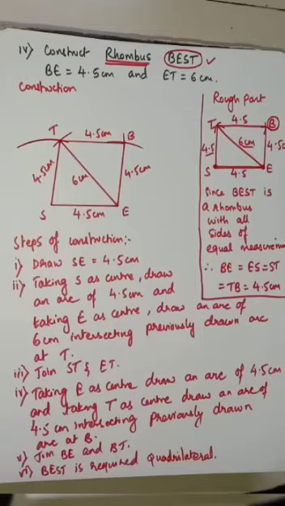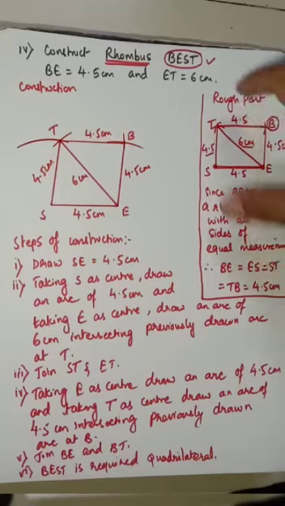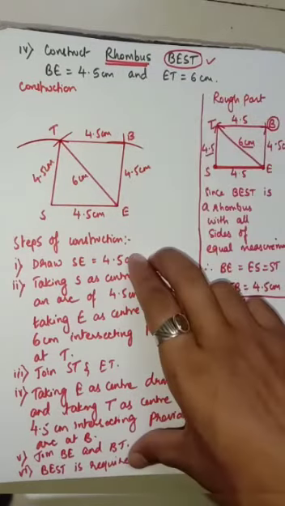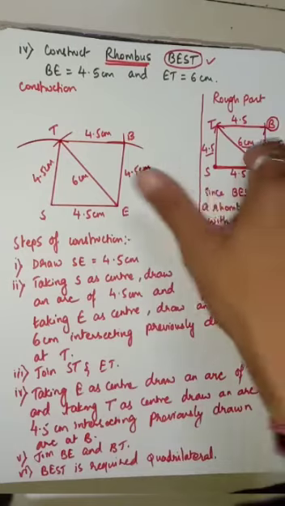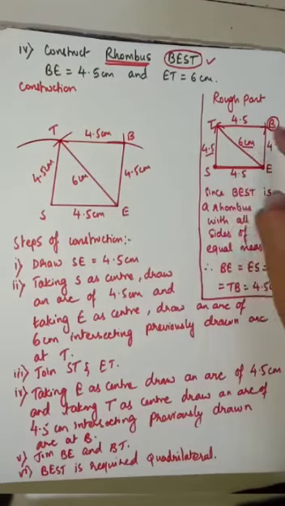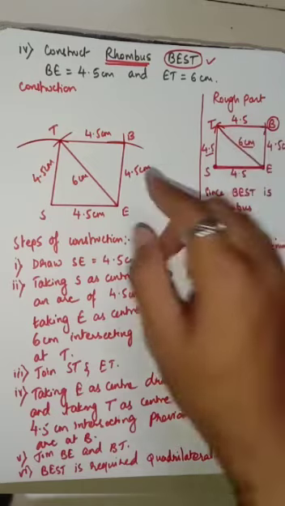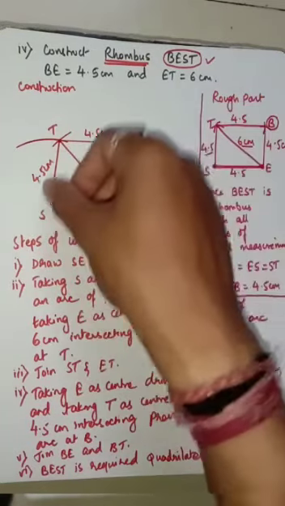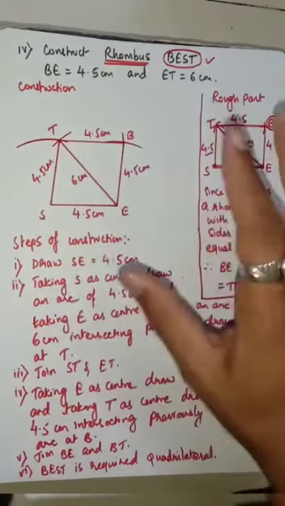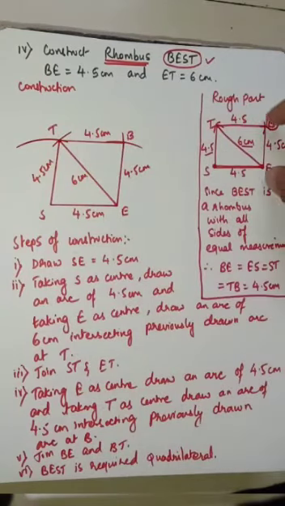So in the end, again I am telling you all these things. Whenever you are doing a construction question, it should have the rough part, the construction part, and the steps of construction. The rough part and construction part I have drawn here with a sketch pen. You don't use this; you draw it with pencil only. Even naming should be with pencil only. Each and everything, arcs and all, in the construction and rough part should be with pencil only. The steps of construction you can write with pen.